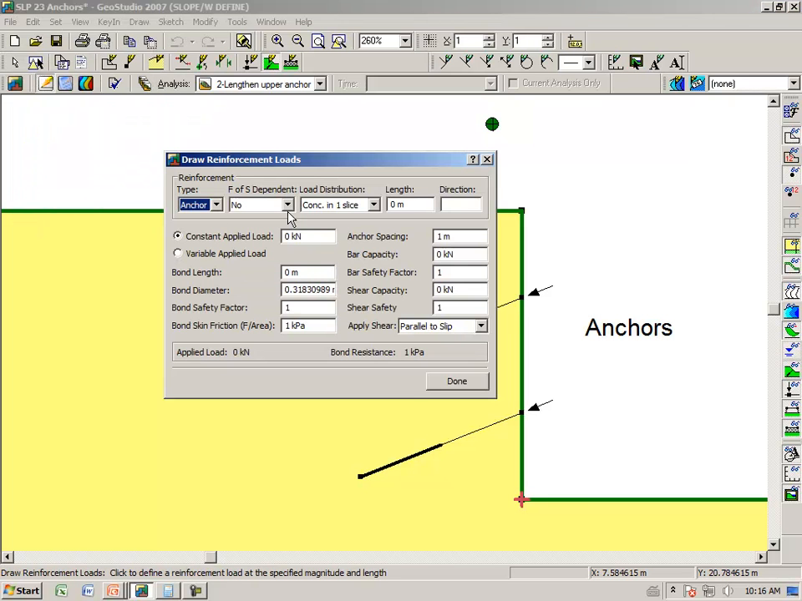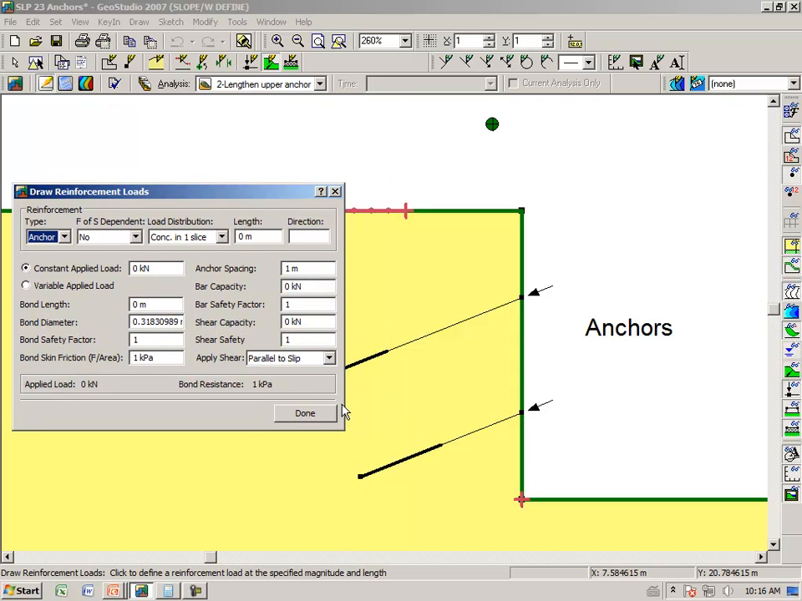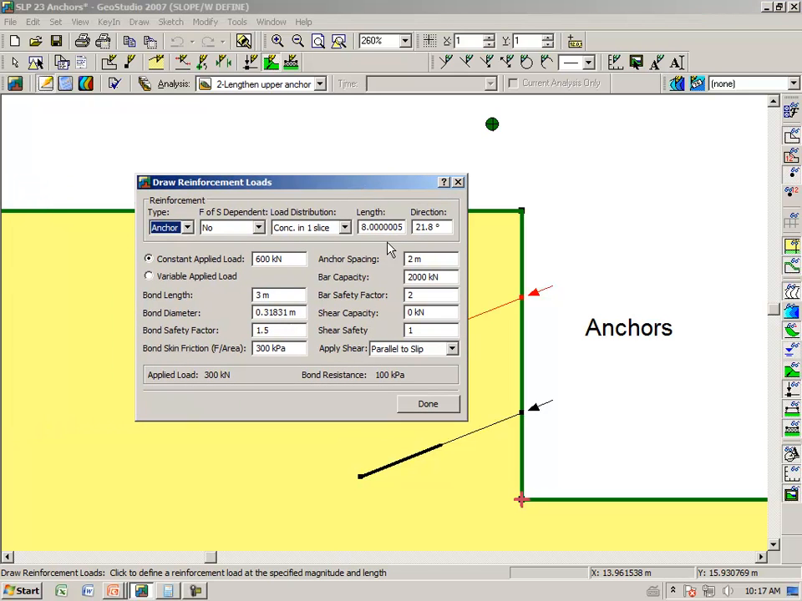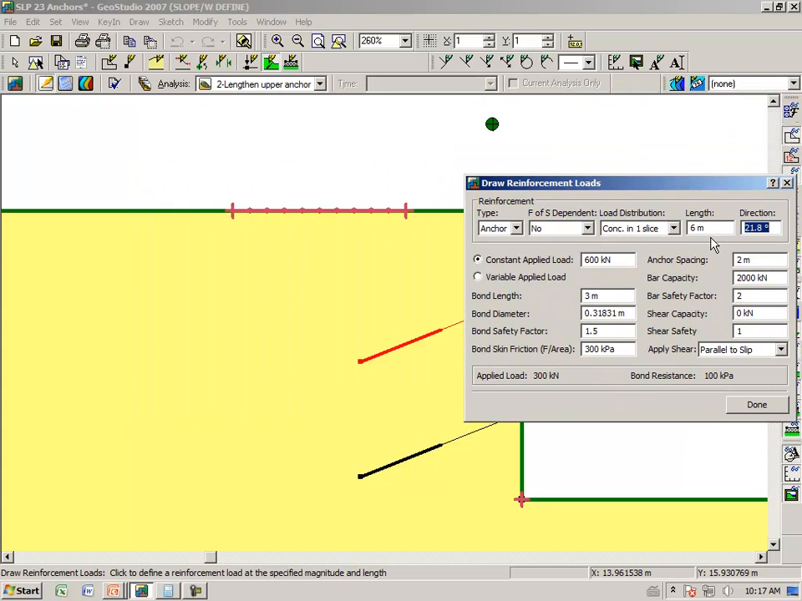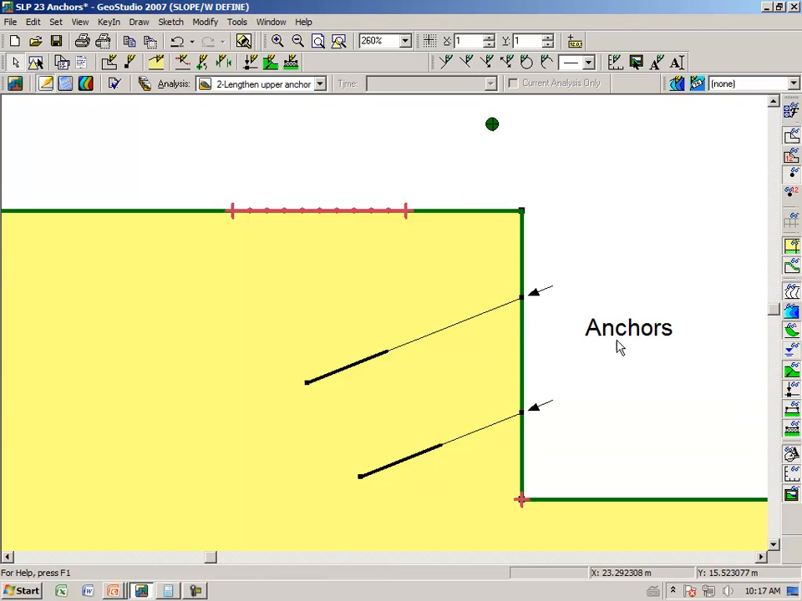reinforcement loads. We click on the top anchor, again once it's an arrow, and initially this was 6 meters here. This is where we were at. All that was done in this particular case was to enter a length of 8 meters for the anchor. Notice that the bond length stays the same, and immediately the cross-section is updated to represent the 8-meter length of anchor. Now when we reanalyze this case,